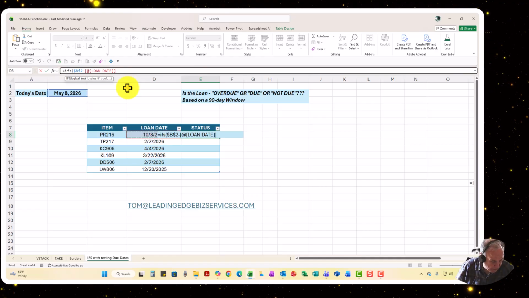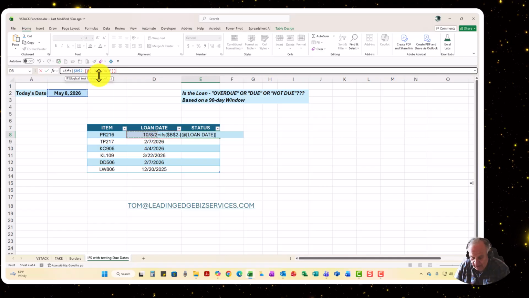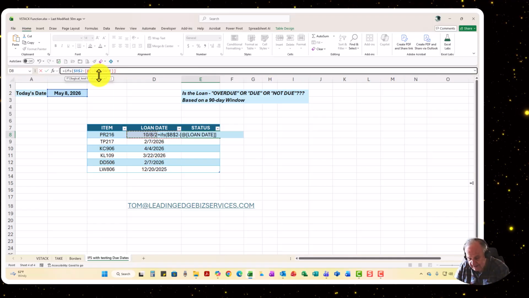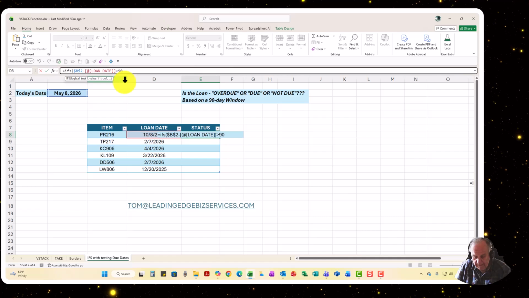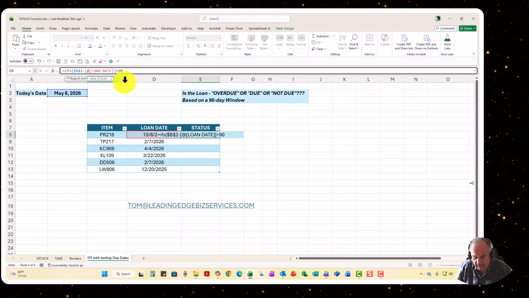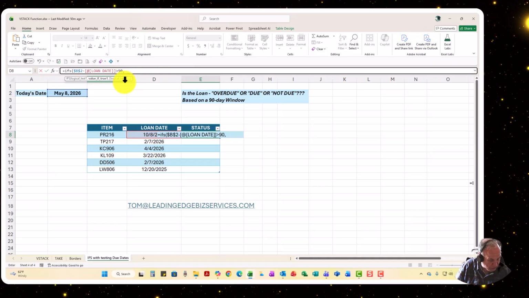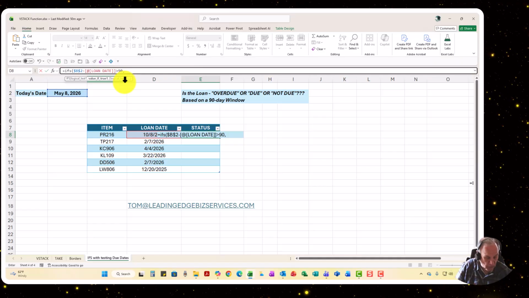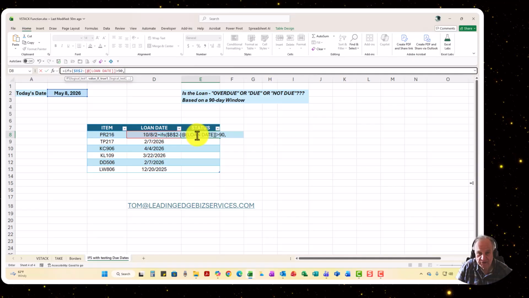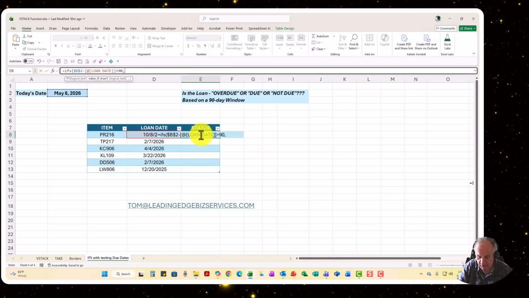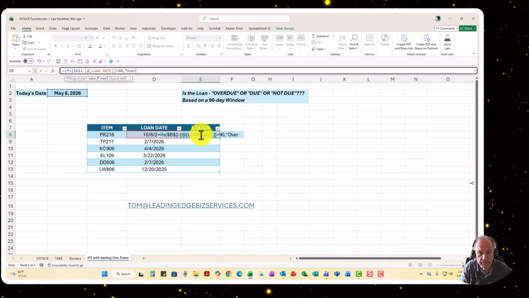Now what I want to do is test if it's greater than 90. That's the test. That's the first argument. I type in my comma to separate the argument. And when it's true, I want to have the word overdue appear right here where my cell address is in the status column. So I have to put that in double quotes, overdue,